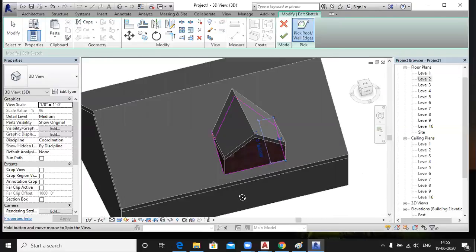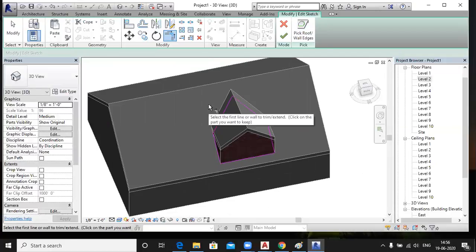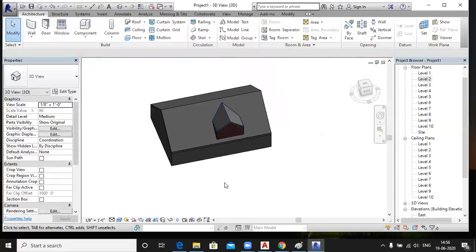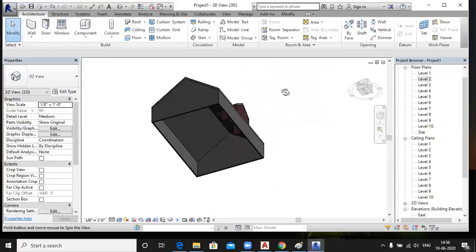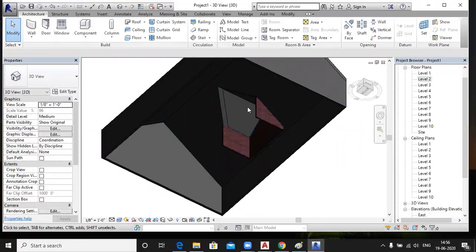See, right? And apply trim on the corners like this and finish. In the inner portion you can see your wall is cut here, right? Yeah. This opening is called a dormer opening.